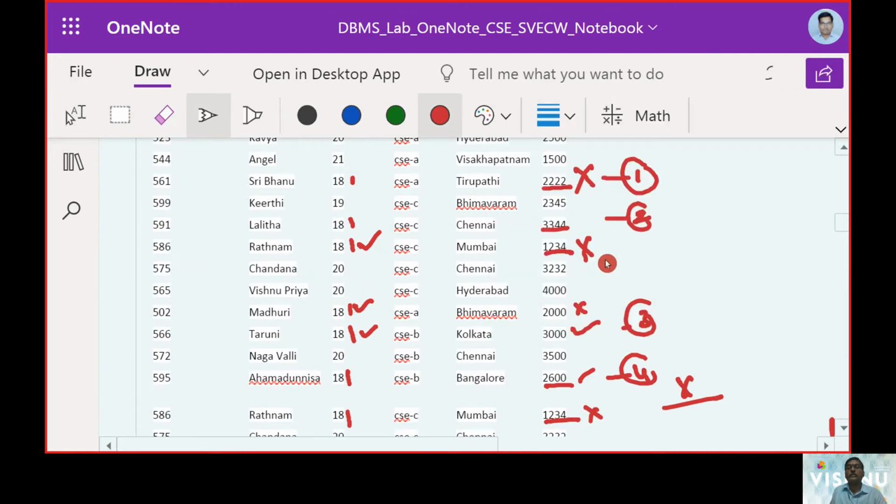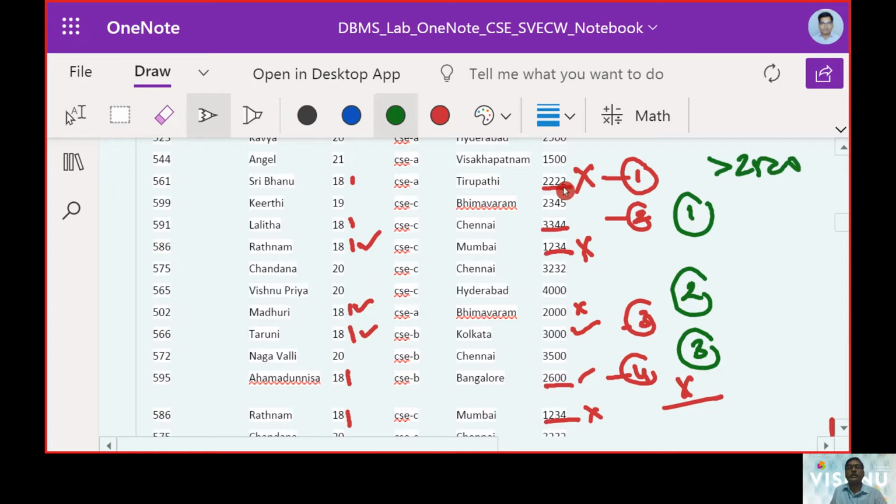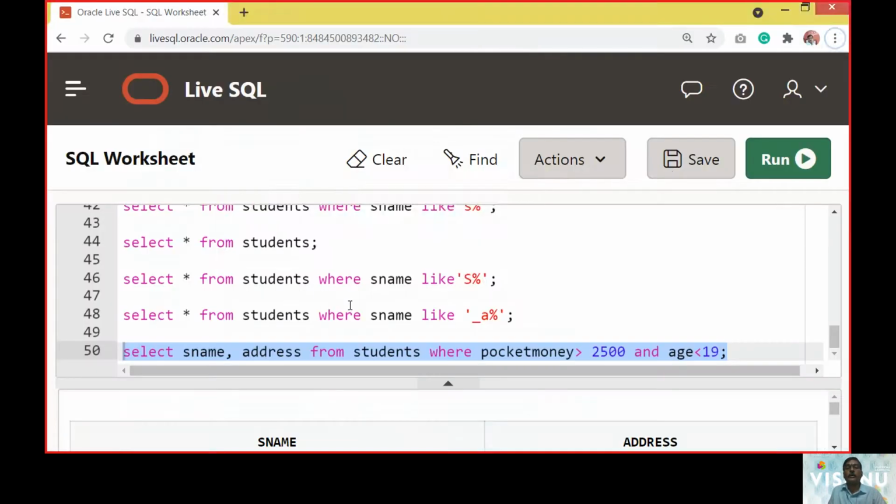We will not get this, right? We will get only the values 1, 2, and 3. The condition was it should be greater than 2500. It is meeting 18, but it is not meeting the pocket money. So we will get only the 3 rows here. Okay.